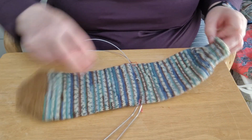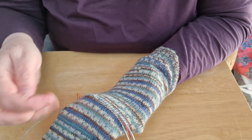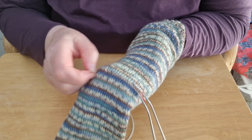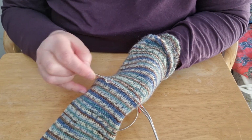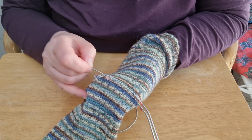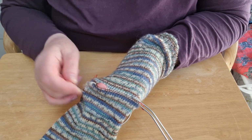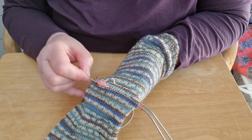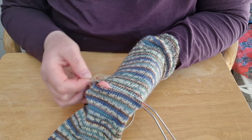What I'm going to do to make it easier for myself is put my hand inside, and then, trying to make sure that you can see what I'm doing, I'm just going to go along and pull that stitch out all the way along. All the way across to this side. This is the scariest bit. Snipping that stitch